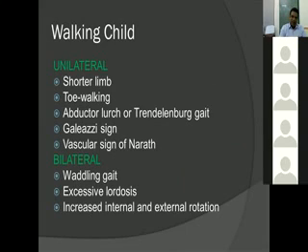Next, after the age of 1 year, the patient will start walking. So how do you identify this walking child? How do they present to the clinics? In case of unilateral, you will clearly see there is a shortening of the limb because of the dislocation, proximal migration of the femur.